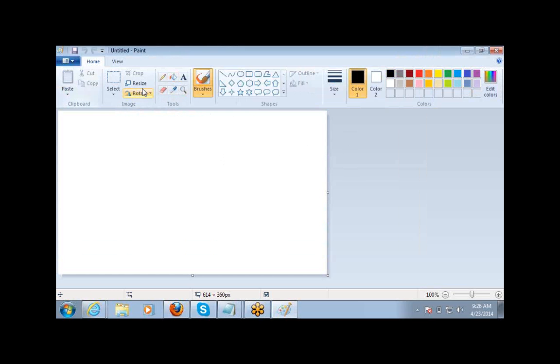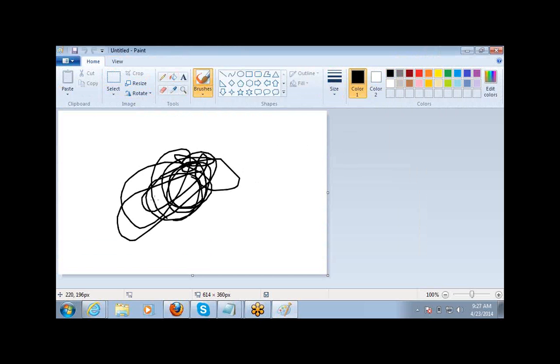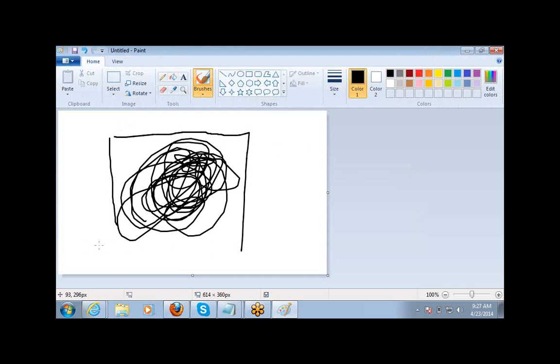Now here, to make you understand, this is the simple Paint I've opened. On the top ribbon, you can see there are a lot of tools for me to use to edit this page. So let me select this. Here I have drawn some random characters. This is the content of my Visual Studio page, this portion. Whatever I want to show to the client, or if I want to create a website page, I can create it here. So if I go back to my site,